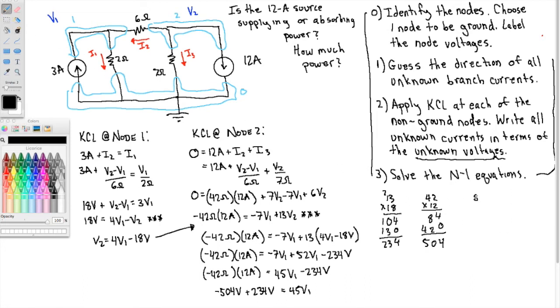So we're in the negatives here. So this is 504 minus 234, which gives minus 270 over there. So this equation boils down to minus 270 volts equals 45 V1. Okay, so there's a factor of 5, and there's a factor of 9, yes, that's good. So if I divide by 5, I would have